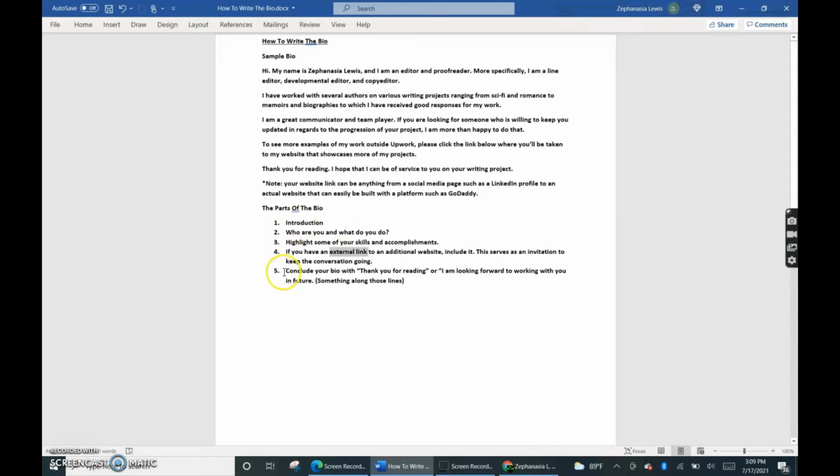Now, you want to conclude it. And when you conclude it, just like the introduction, you don't want it to be abrupt. You want it to be a nice, smooth transition. And so that's why I keep it after the invitation. Again, it doesn't matter what order, but for me, this is the best transition, in my opinion: to invite them